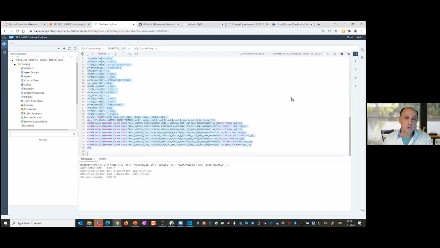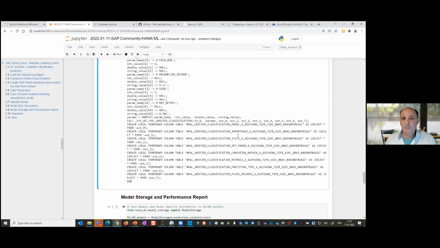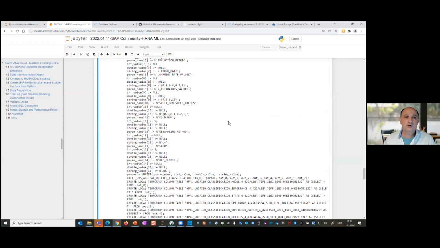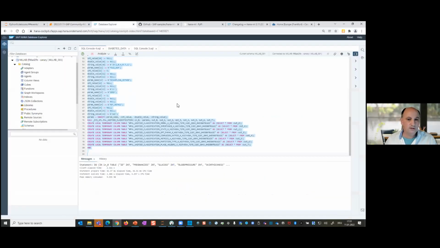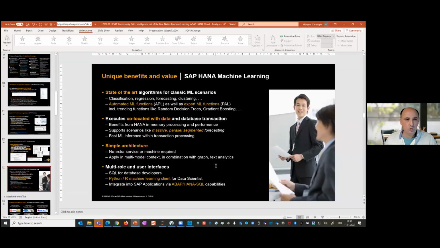Basically, you can use the Python machine learning client as a SQL code generator, or the data scientist could generate the code and manually hand it over to the integration architect. There are also automated approaches to help with that, but that would be the manual approach, and it showcases how both are interconnected. On the Python side, I'm simply generating SQL and running it behind the scenes in an ad hoc fashion on the HANA Cloud instance. As you can see here, the unified classification procedure is called. With that, I'd like to continue